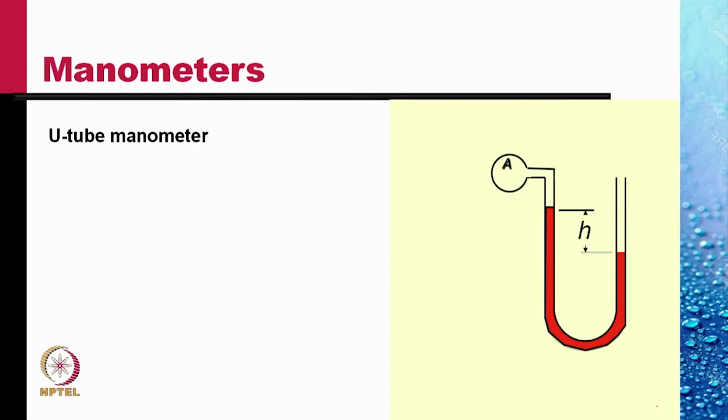In this case, in the picture shown, we have a bulb A which contains a gas and then a liquid column shown in red in a tube. The difference in the level in the two limbs is H. The pressure at A